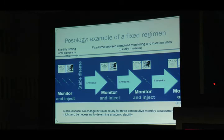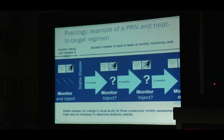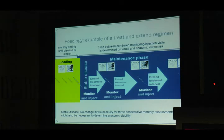There are basically 3 kinds of treatment protocol or posology. There's a fixed regime where you have to monitor every month. We've got the PRN where you see whether to treat to target, etc. But with something like this, where I have a fixed injector, I think this is what we're going to do. Treat and extend is probably going to be the way of the future, because we'll be booking these patients to